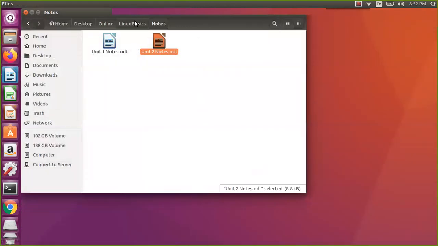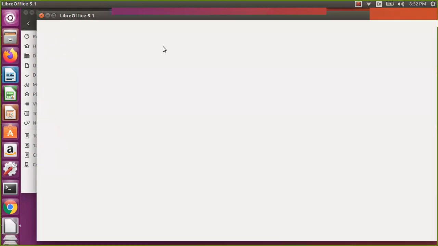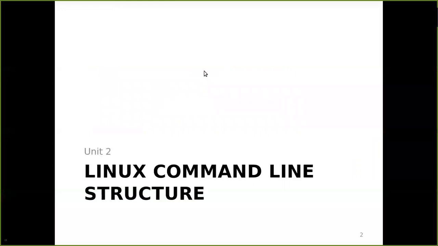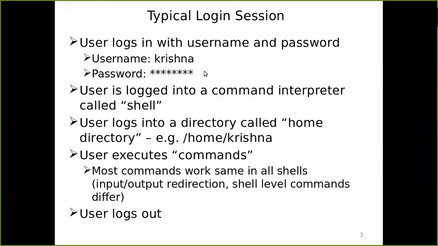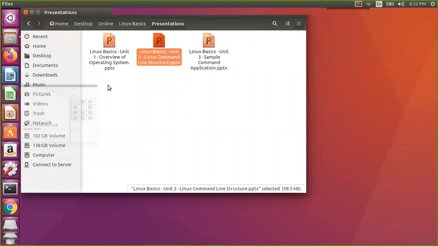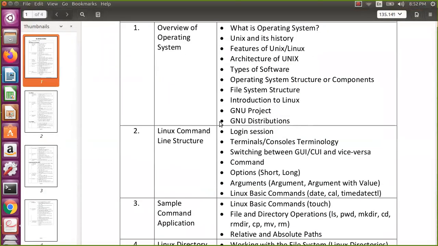Okay, so let us see the presentation. So command line structure. Okay, so this is the outline.